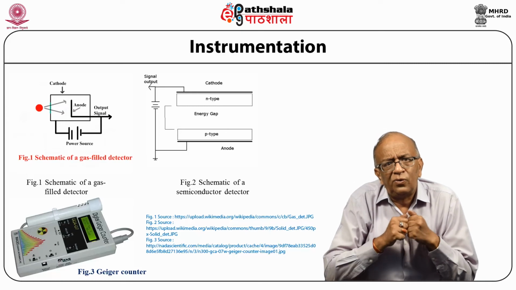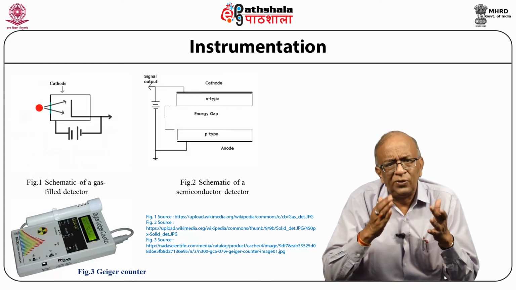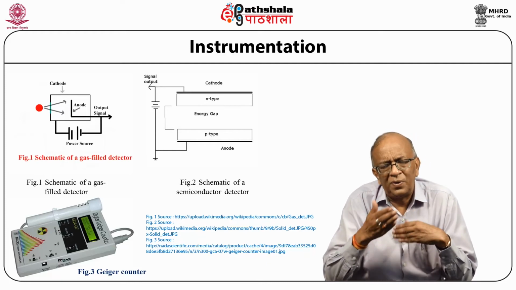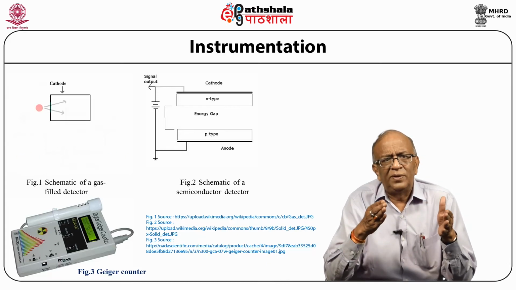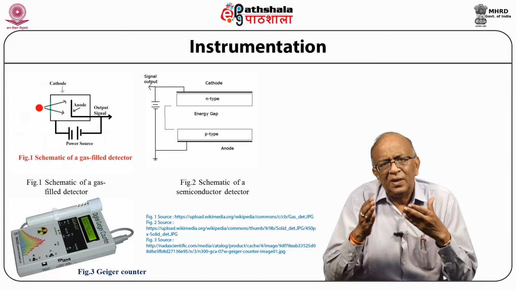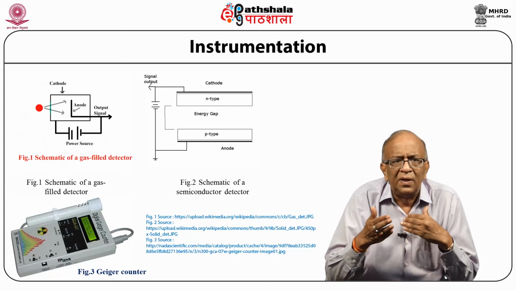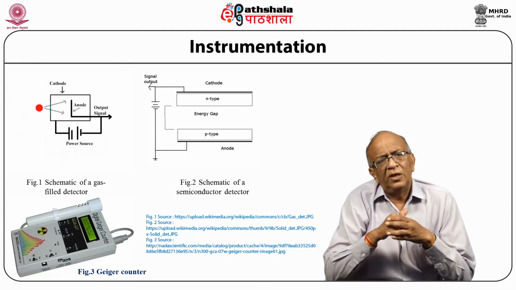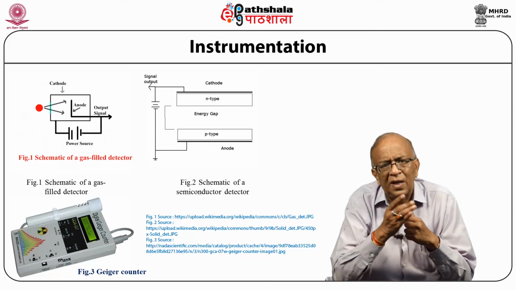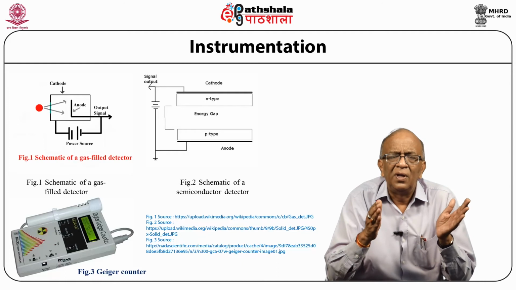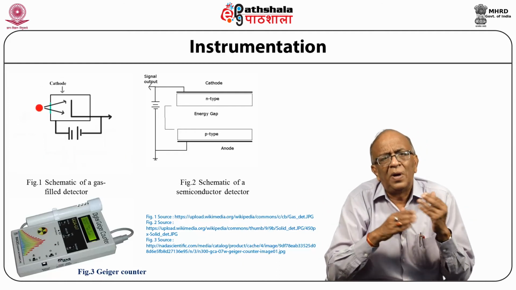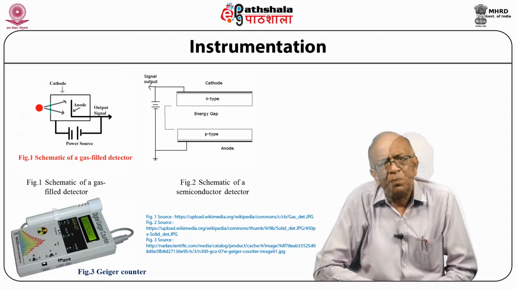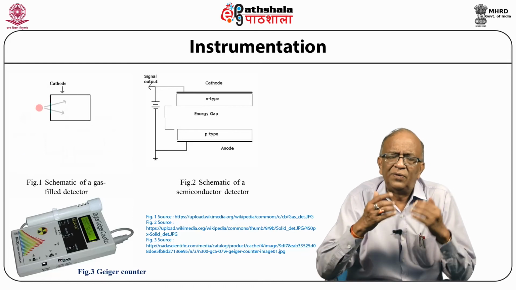Movement of electrons toward an anode and positively charged argon toward the cathode generates electric current. With the ionization, we obtain these particles and then they move towards the anode and cathode. When they move toward them, electric current is generated. The Geiger counter, as shown in figure 3, is one example of a gas filled detector, having a cathode and anode. Movement of particles takes place, and the current generated is measured by the Geiger counter.